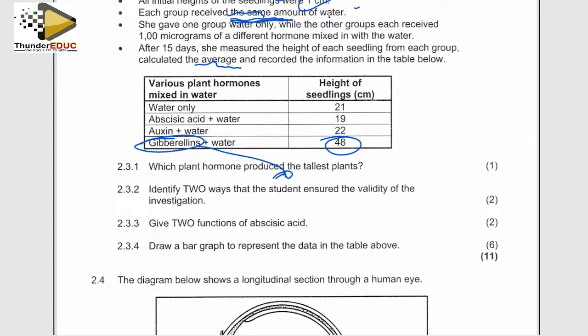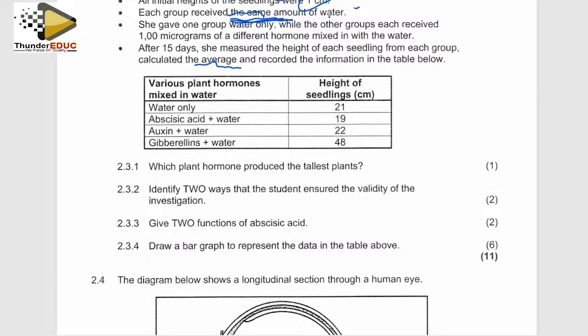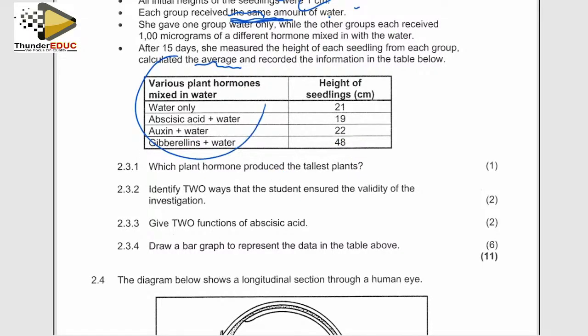Name two functions of... okay, draw the bar graph to show the data. This one I also talked about, and said that when they say data here, this one is going to go on the x-axis, this on the y-axis, x and y, whereby it's independent variable and dependent variable. Therefore here you have to draw the bar graph, make sure the scale must be the same. The lowest is 19, the highest